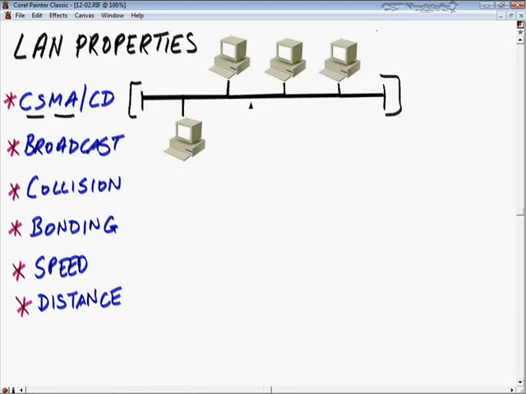If the media or the hub is idle, then the computer will send its data. Actually, what it does is this. It says, do I have data to send? If it does, it will assemble a frame. Now, a frame is what we use with Ethernet. And remember, using the OSI model, we have data that comes down, and it's going to use, let's say, either TCP or UDP